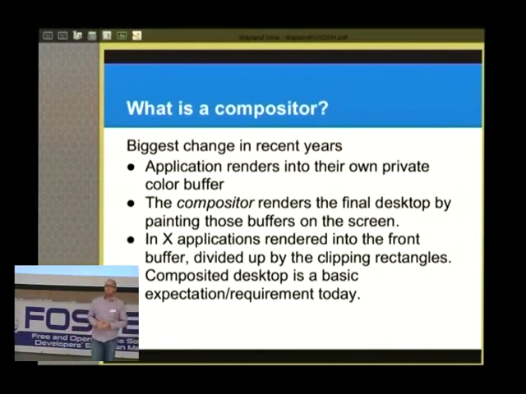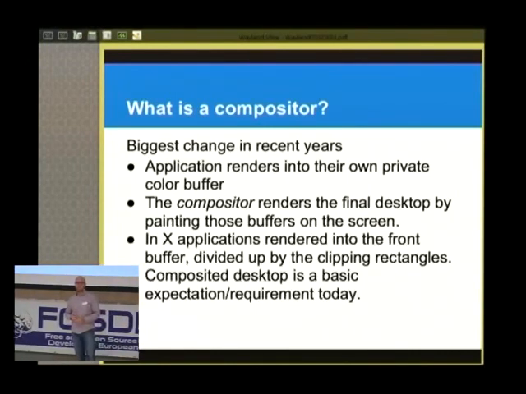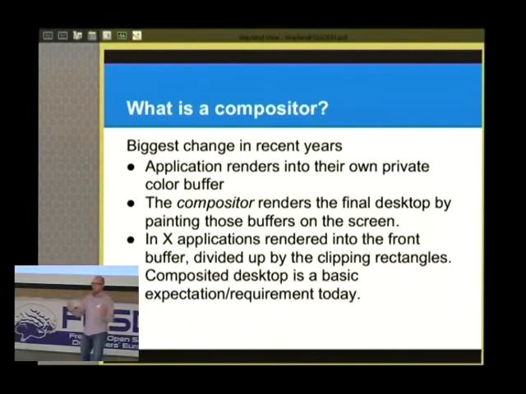It used to be that people with composited desktops were all about wobbly windows, spinning cubes, and windows on fire. But today we've gotten to a point where it's not so much about the effects anymore. It's about the better quality you get from the desktop. You don't get flickering when you move windows around. When a window shows up, it doesn't show up blank and then get repainted almost immediately, as you still see that flash in the old model. When you resize a window, you don't see the window frame move and then the window repaint.